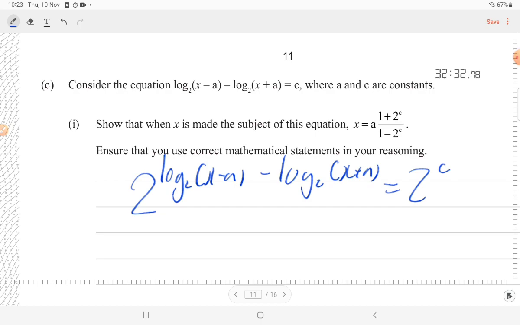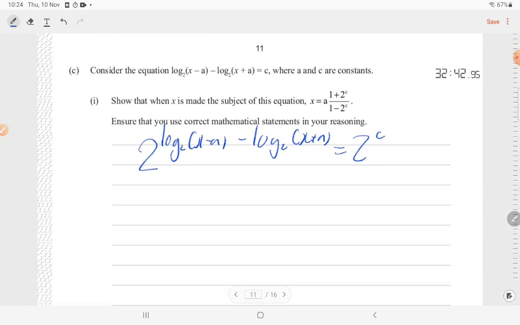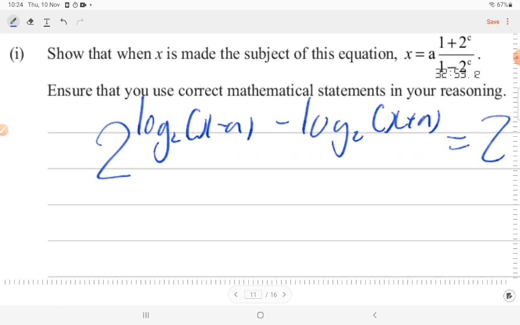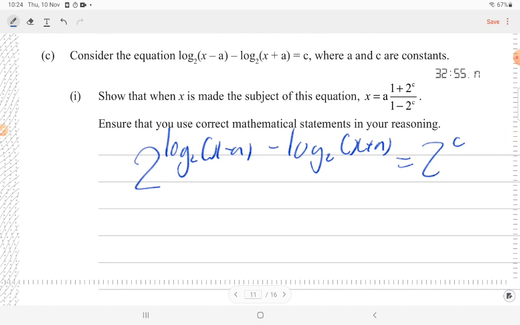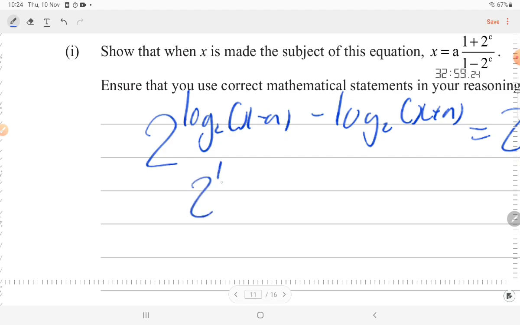I'm not sure if this is actually taught, so I'm not sure if I'm allowed to use this. I'll be like breaking the rules, so yeah, let's just go with it. I can't think of any other way. Do we let log 2x minus, no, that's conjugate, so I can't see any other ways to do this. Maybe am I just too unintelligent? I don't know. 2 log 2x minus a